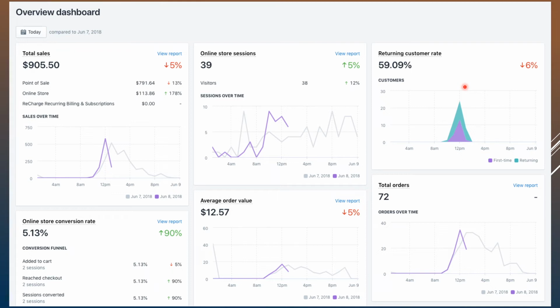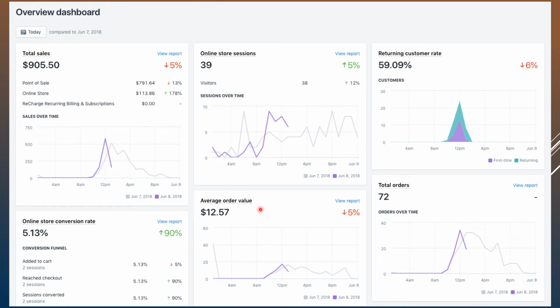You can provide additional discounts. You can try to nurture them with after-sales product activities and try to bring them back so that they keep on converting. So that's how you can increase your returning customer rate. Your next important metric is conversion rate, and as you can see, this is the most important metric for your e-commerce store, because that actually determines how many of your visitors are actually converting.